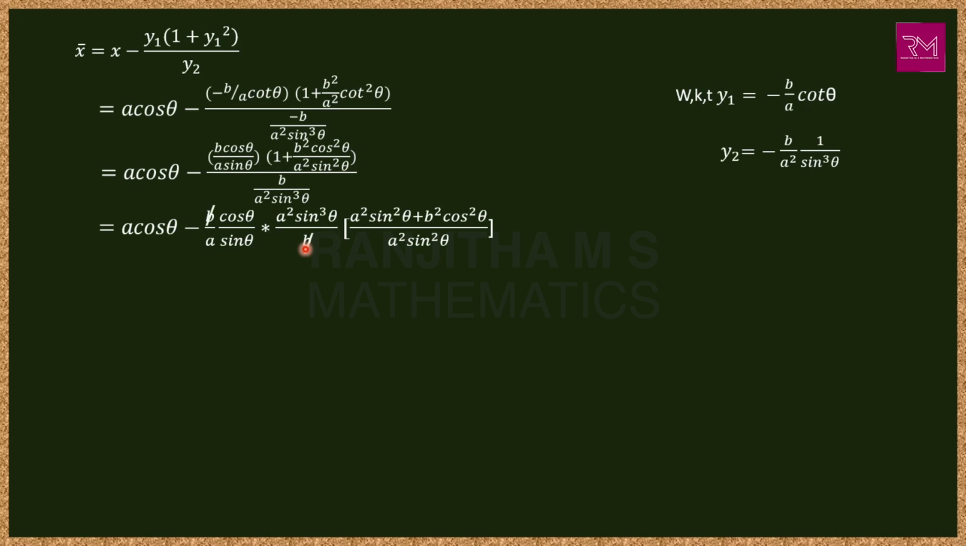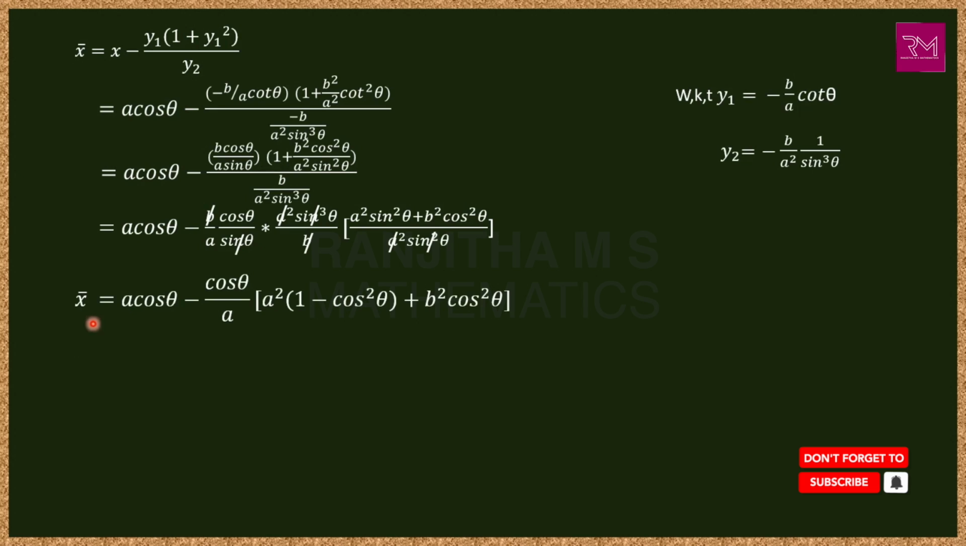cancel the terms. Here b gets cancelled, a square gets cancelled. Here sin³ θ and sin³ θ get cancelled. Here in the denominator we have sin θ into sin² θ is sin³ θ. Here sin³ θ gets cancelled. And simplify, we get x bar value as a cos θ minus, here remaining will be cos θ divided by